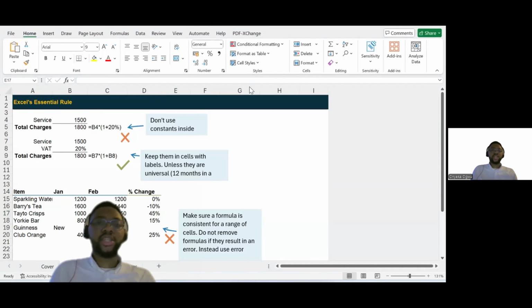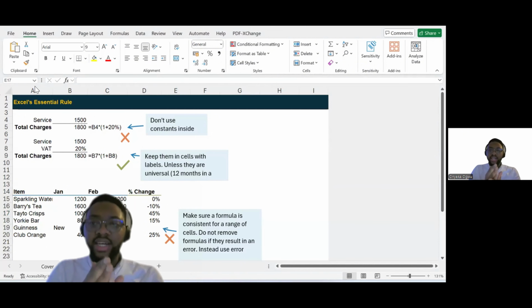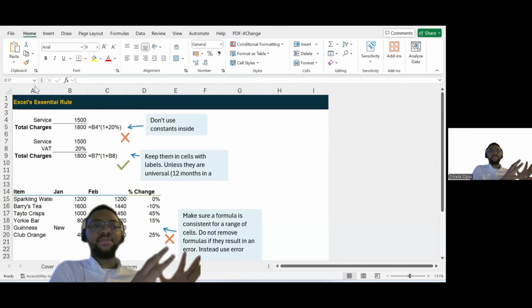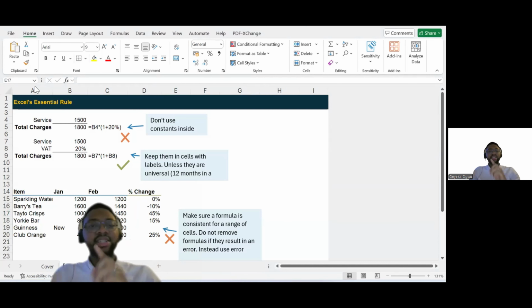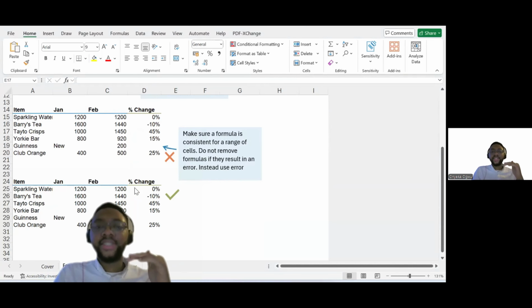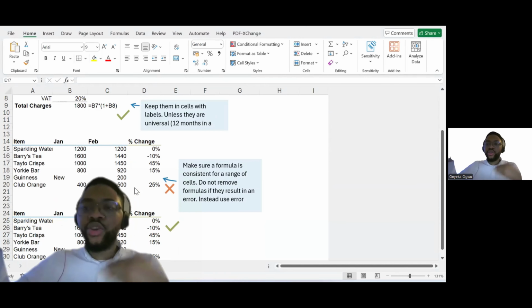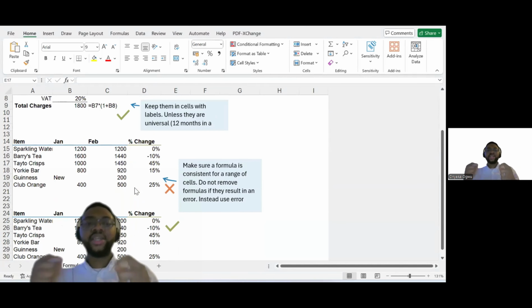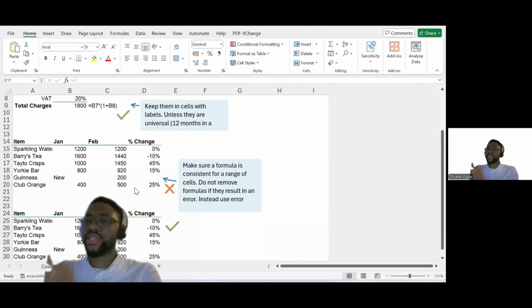So the first thing we mentioned yesterday was that in Excel you don't write a constant inside the body of a formula. The best practice is that you always reference it. That's the first thing we mentioned. Never write. Second thing, and this second thing might be a bit hard, but the more we use Excel, the better it will be. The second thing is that you should make sure that a formula is consistent from a range